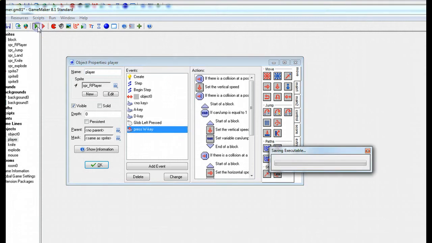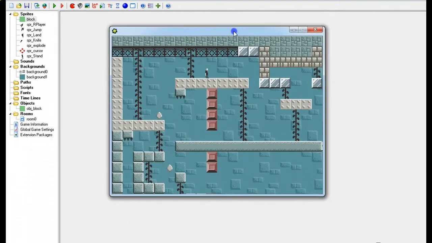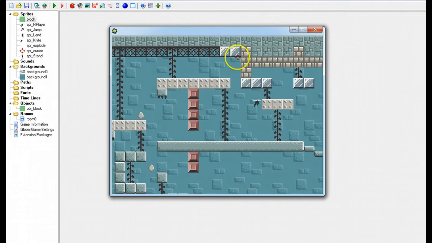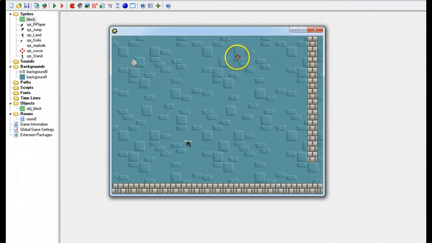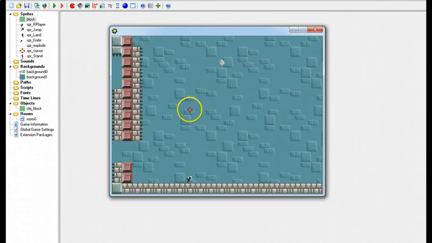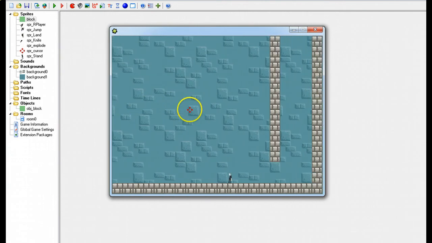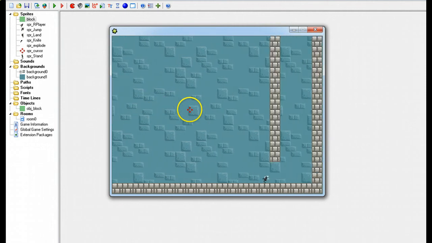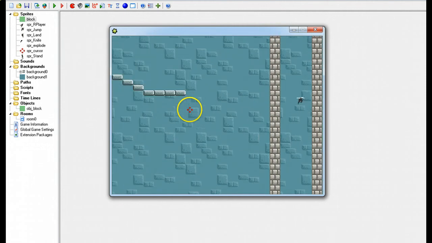Now what this looks like when it's done is this here. So I've got my little guy, he's animated tapping his feet. If I move left or right, you can see that friction working there. When he jumps, there's a jump animation, and the jump animation doesn't seem to be properly working yet. You can double jump, and I can also wall jump as well. So I can get up this area here by wall jumping